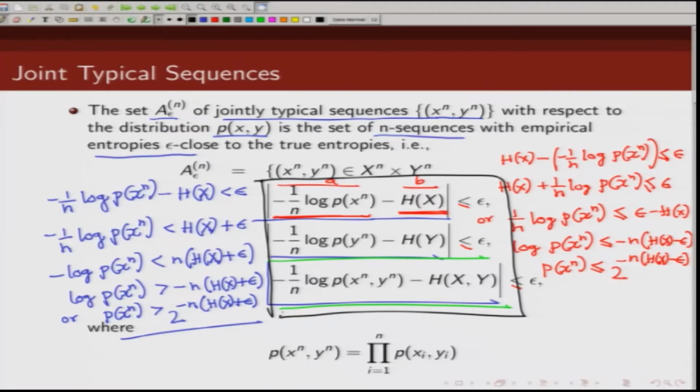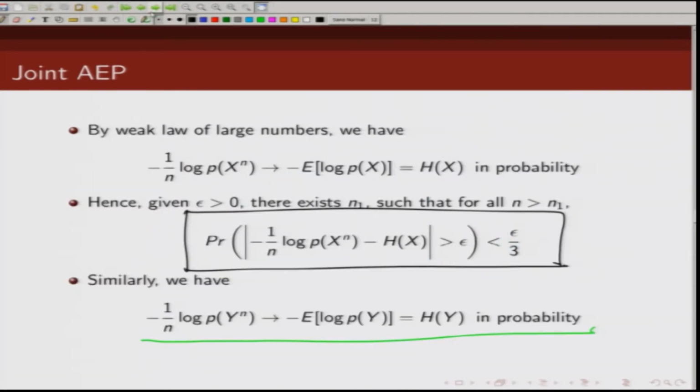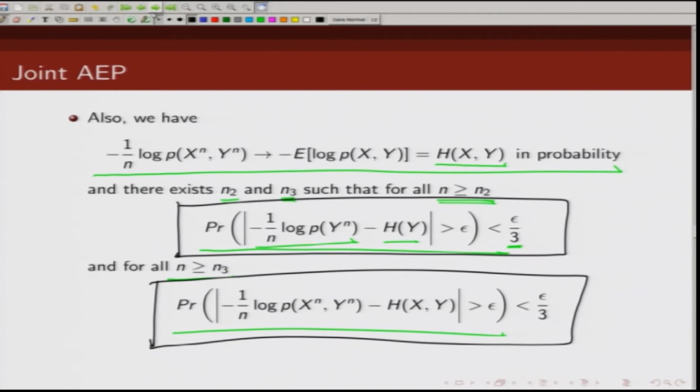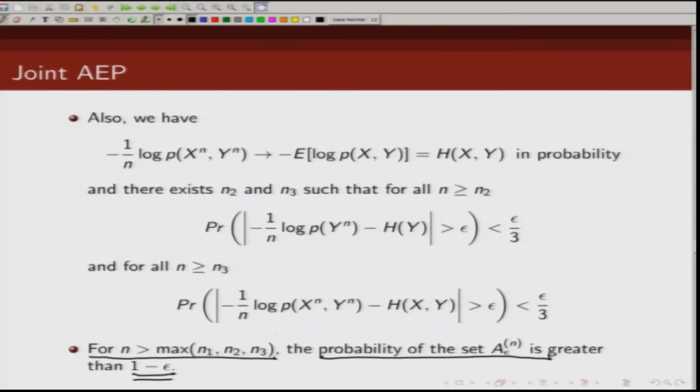Right? These three conditions have to be satisfied if (Xⁿ, Yⁿ) belongs to the jointly typical set. So what we have shown right now is that the probability that (Xⁿ, Yⁿ) belongs to the jointly typical set, which satisfies these three conditions, holds for n greater than the maximum of n1, n2, n3, and we have shown that if we add all of these, we get the probability